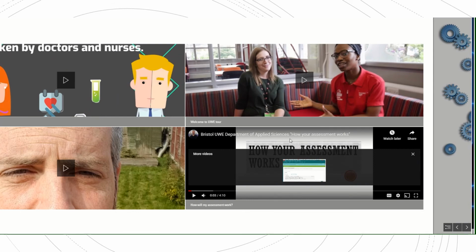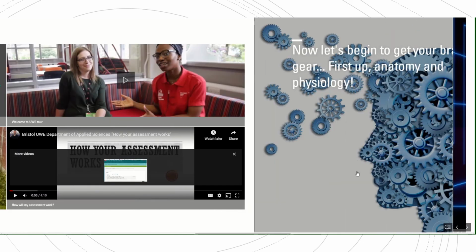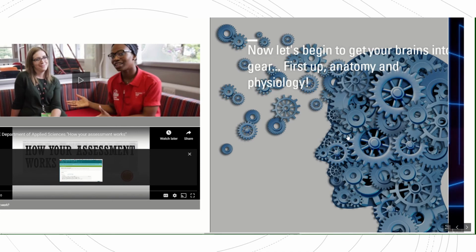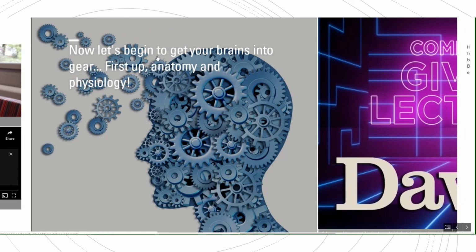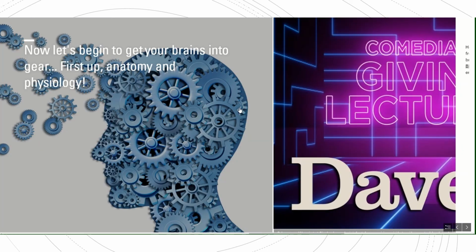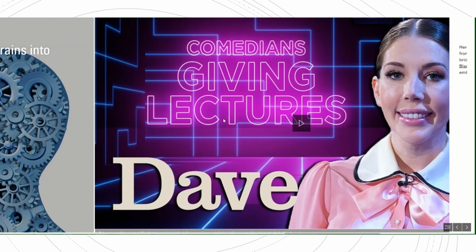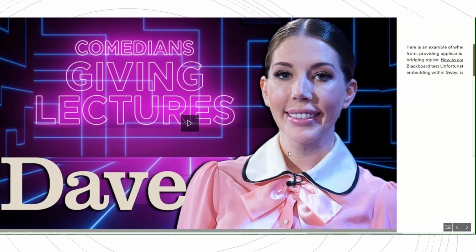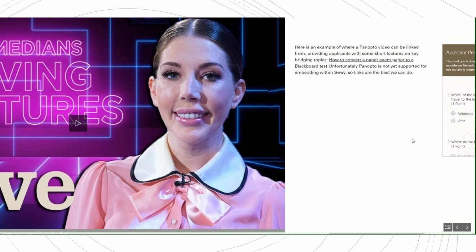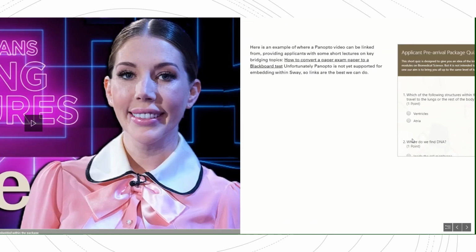And then we would get into some of the learning. So this is a title slide just to give them an idea, and I liked the idea of the head being in gears to get the brains into gear because it relates to anatomy and physiology. This would be a short lecture, just 5 minutes, ideally lecturer in front of a wall projecting it on, or in front of, so it's not just head and shoulders or a disembodied voice like